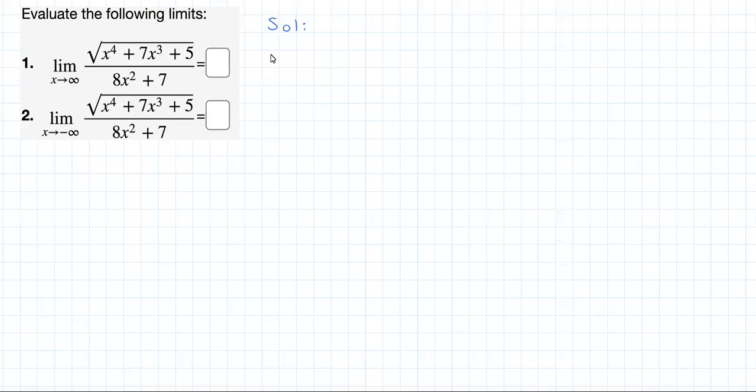Question number 1 is asking us to figure out what is the limit as x approaches infinity of the square root of x to the 4 power plus 7x cubed plus 5, all over 8x squared plus 7. First step, let's identify the largest power of the denominator in the sense of the exponent, that is x squared,